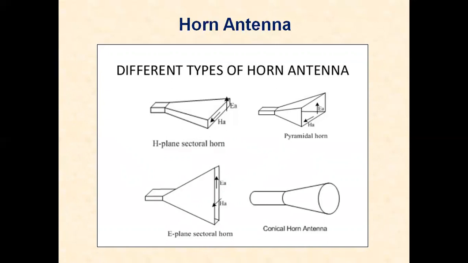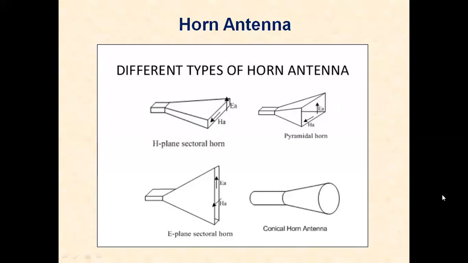So horn antenna can be effectively fed from a waveguide. From one end, we are suitably feeding it. When a waveguide is suitably excited at one end, for example, this is the one end, this end we are exciting, and it is opened at the other end. See here, there are openings for different structures at the other end.